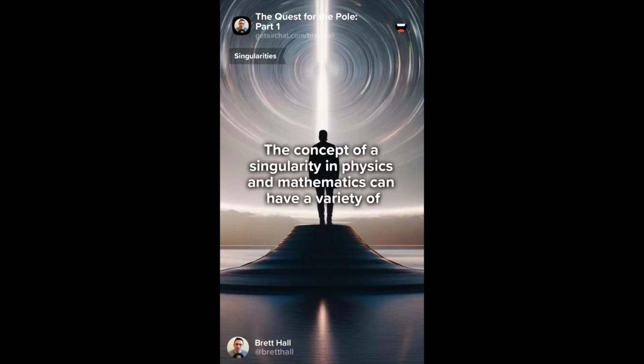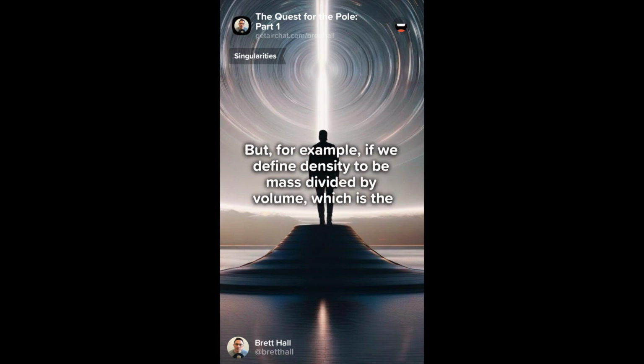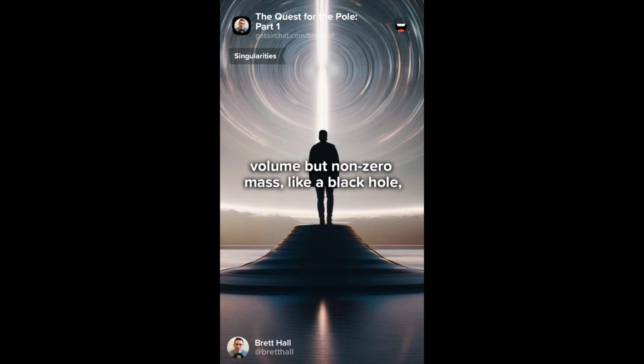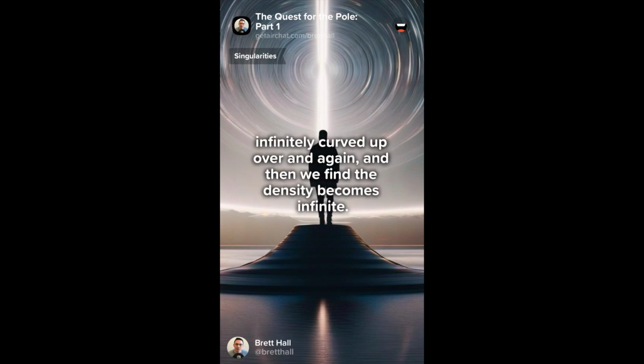The concept of a singularity in physics and mathematics can have a variety of meanings. I want to emphasize that again. There are different kinds of singularity. But, for example, if we define density to be mass divided by volume, which is the definition of density, and we define a physical object as anything with 0 volume but non-zero mass, like a black hole, this means that the mass vanishes into 0 space because that space becomes infinitely curved up over and again,